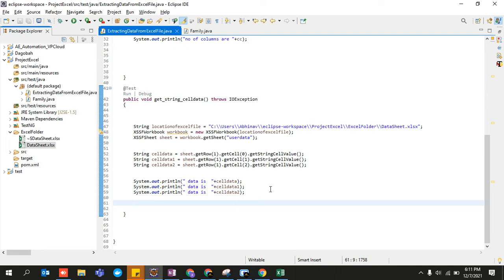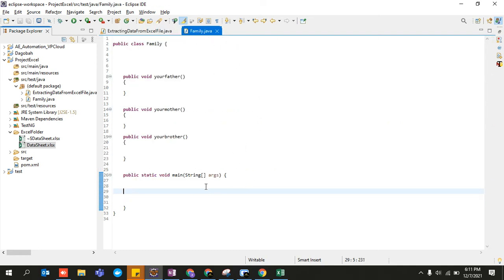Okay, how can we generalize? Generalizing basically means that nothing is hard coded, everything you just pass in, right? Nothing is hard coded means that, let's say, every time I need to call your father, if you are saying that every time you need to call him with the help of a BMW car, it would be difficult for me to arrange a BMW every time, right?